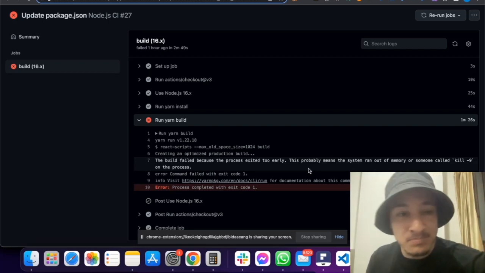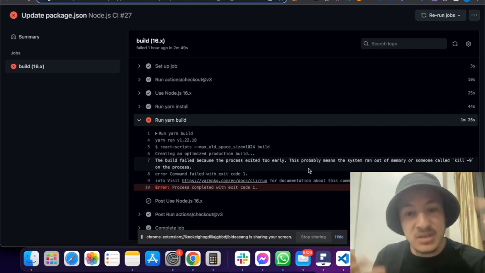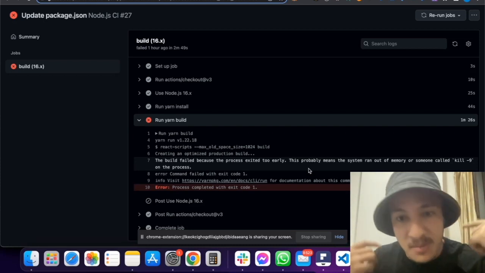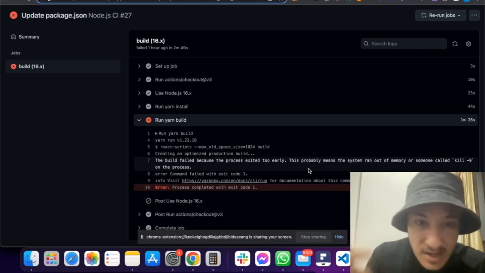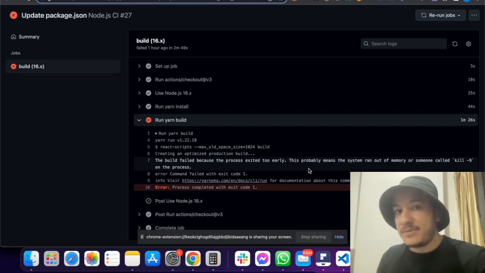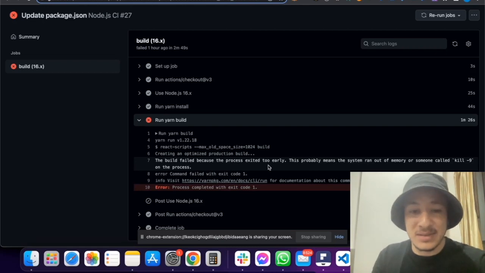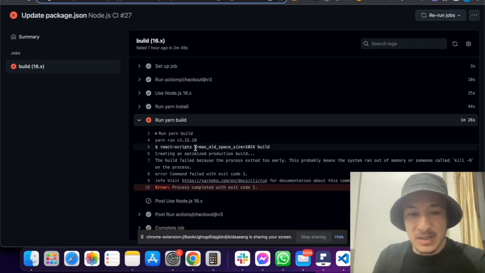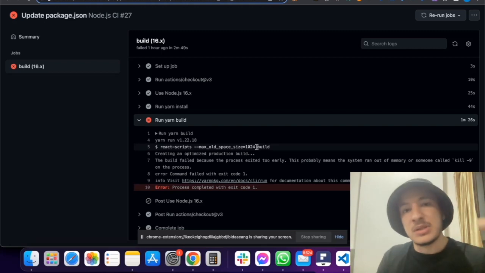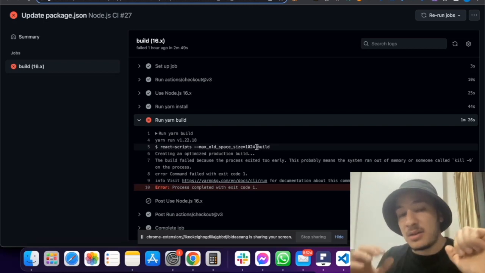So what happens is that the build function requires a lot of computing power, and if the project is big, then it needs to process more, and by processing more it needs more RAM, more CPU, and all this. So 2 GB is not enough, and I really searched a lot on the web, and there was some article saying you can add this thing to the command and it will solve it, but no, it didn't work. And the only solution that I find can really solve this is by increasing the RAM of the